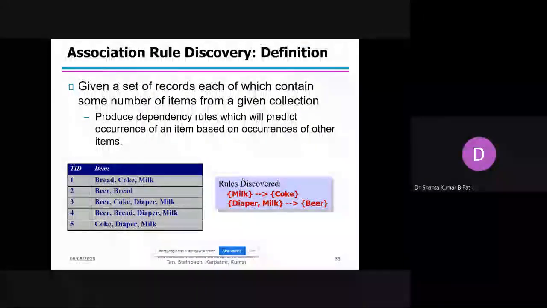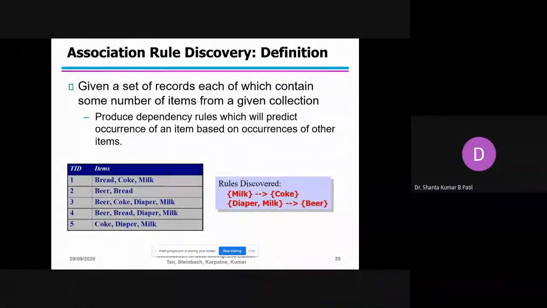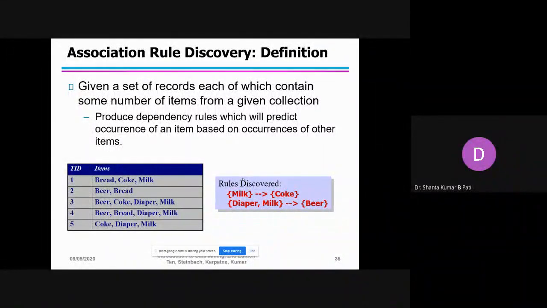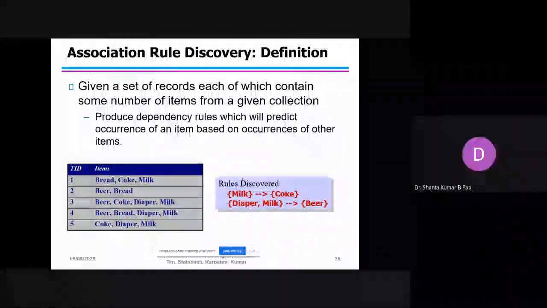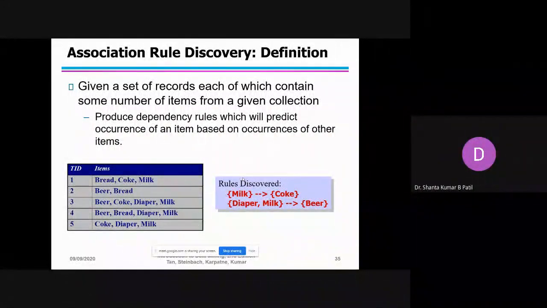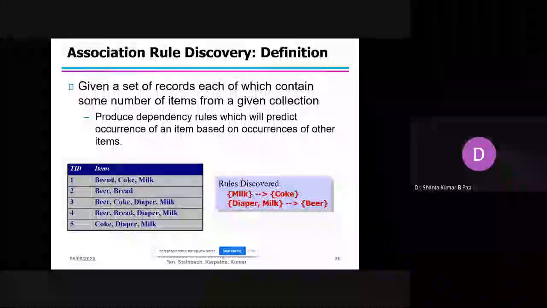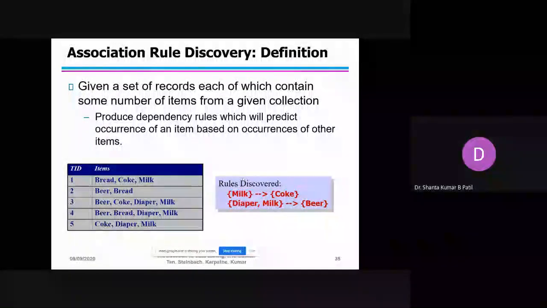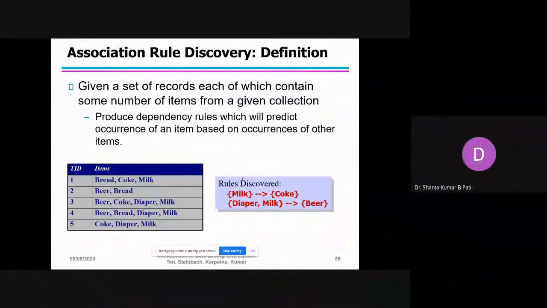Whatever you want, if it is available in the same place in the mall, then you get more advantage. You can save time also. Customers can save time because people do not have the time. If all the items required by me are available in the same place in the mall, I can save a lot of time. If you go to the market to purchase a set of items, it takes a lot of time. So to avoid this, most of the time we go to the malls.